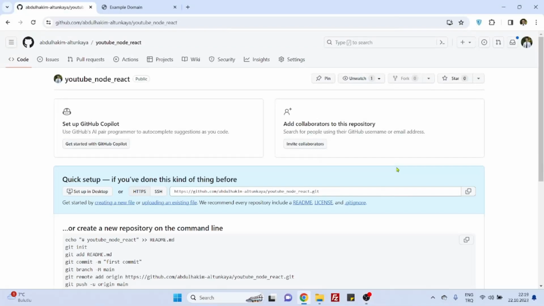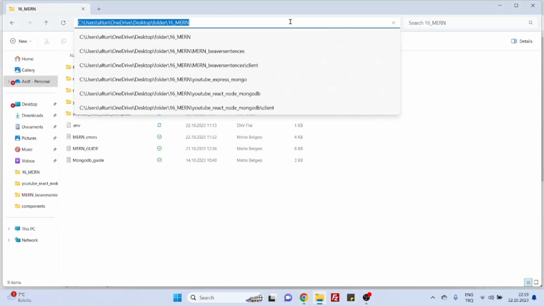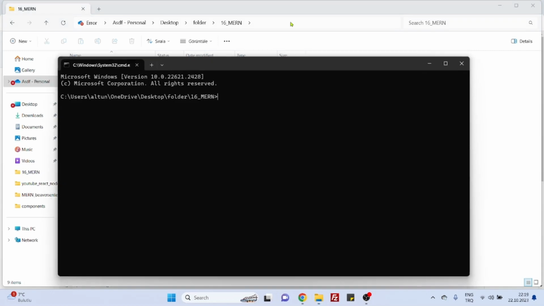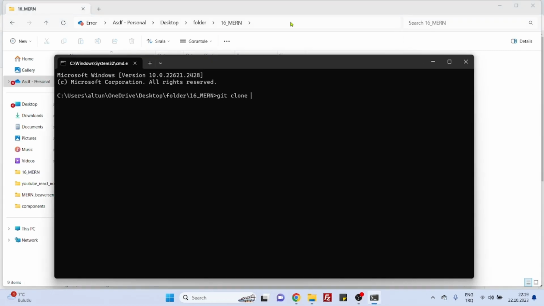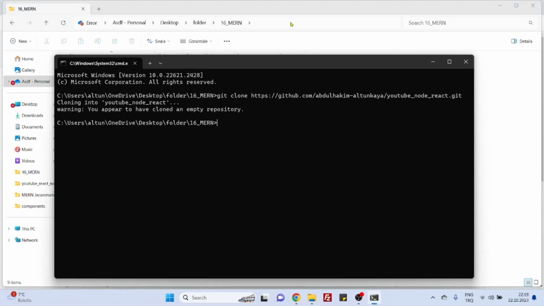Hello everyone. In this video we will connect our React website to Node.js. So to do that, first thing, go to your GitHub, create an empty repo, then copy the link and go to any place in your computer, open the command line and git clone the link from GitHub, and then